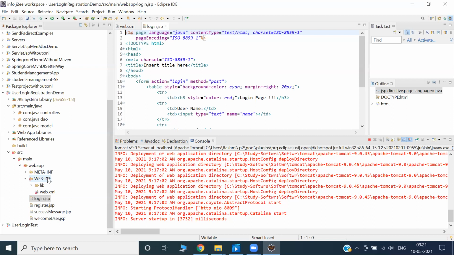Okay, probably today we will see. We'll take the example of JSP where we can write the Java code. But mostly here, we have not written Java code, but still it is a JSP. Okay, then what is servlet?